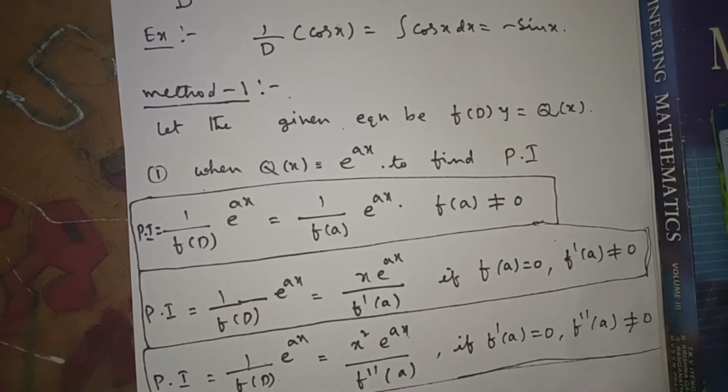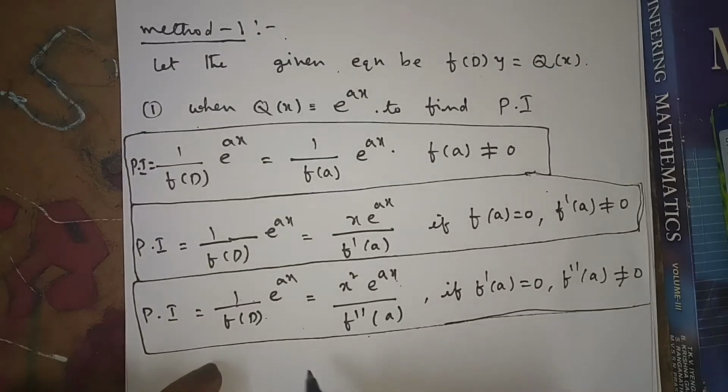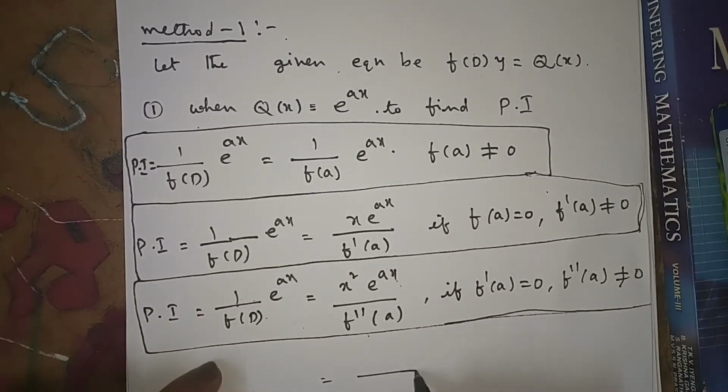Whenever you differentiate a second time, x square into e to the power of ax, you will get x square into e to the power of ax. That's why f dash of a is not equal to 0. In the same way, if you differentiate a third time, for example, f double dash of a is also 0, if you get f double dash of a also 0, then you have to write triple dash